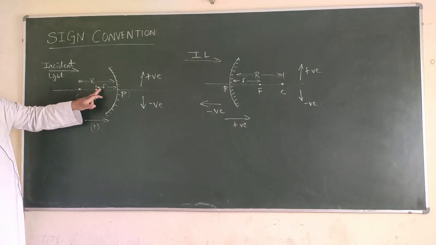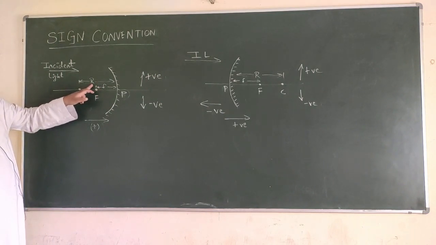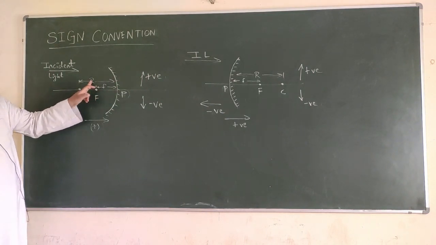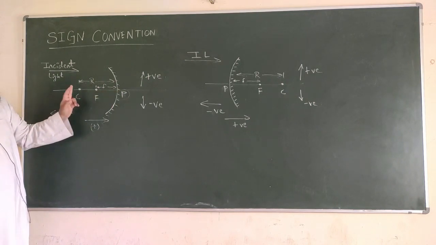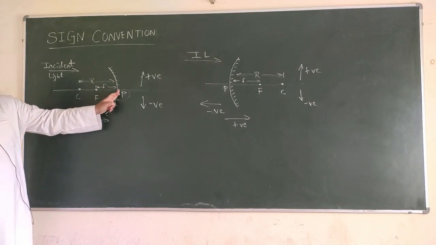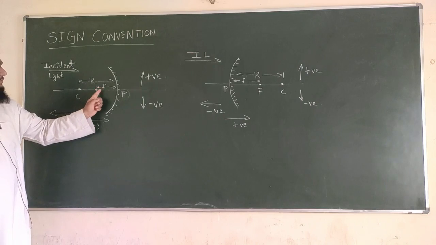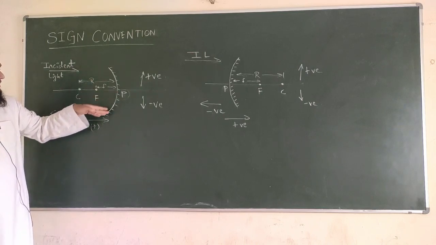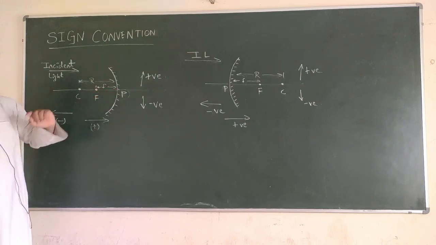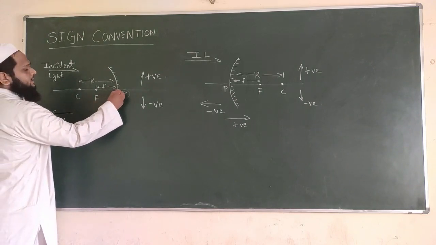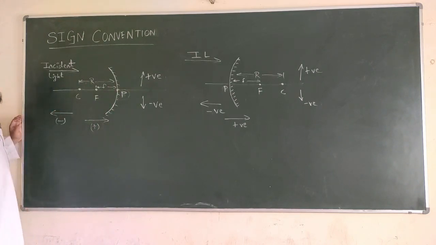Here also, when I am writing this focal length or radius of curvature, it does not mean it is coming from here. It is actually pointing towards that distance is from C to P. This also, focal length is from F to P. Since it is a little curved, I can't show you the arrow mark till there. So the actual measurement is from the pole.